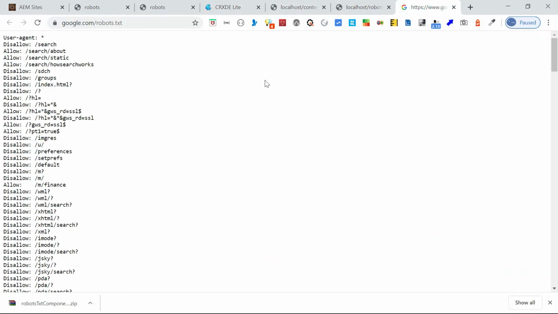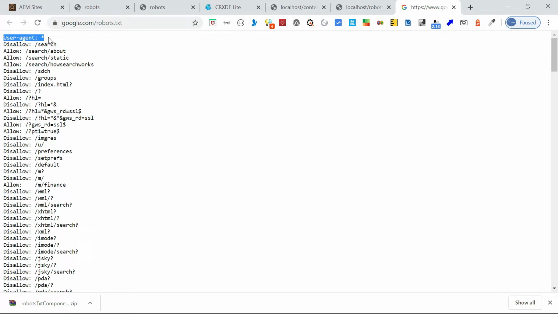So I just opened Google's google.com robots.txt. Like most domains, it will have a robots.txt, so you can just access the domain slash robots.txt. If you see here, something called user agent star means all the user agents. There are multiple user agents like Google, Facebook, Bing, a lot of user agents.